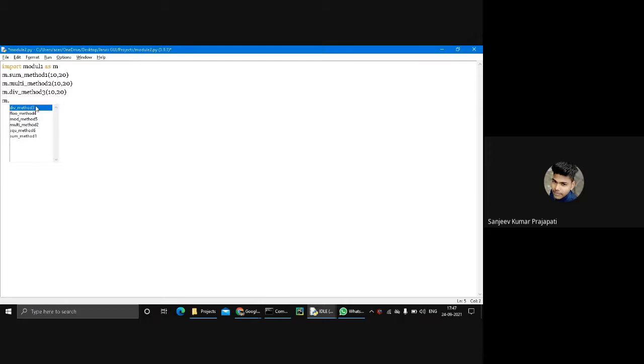If we press tab, then we get all the methods available in this particular module m. So div is completed, multi is completed, and the sum is completed.